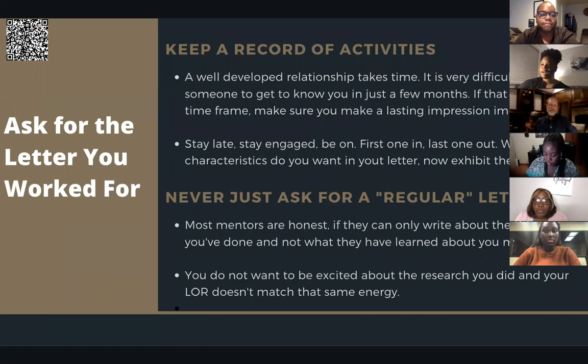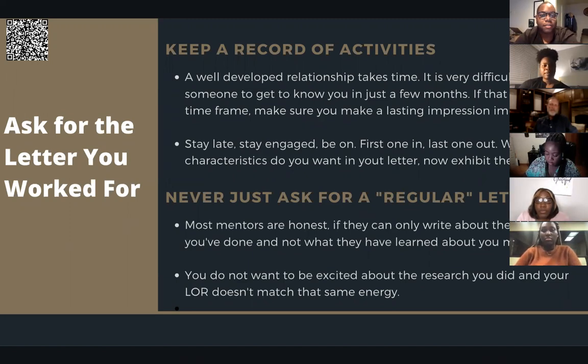Thinking about the time frame. Again, you want to make a lasting impression. Stay engaged even after you get the letter of recommendation. You never know who people know. And again, don't just ask for a regular recommendation, y'all. Use the word strong. If your mentor does not feel like they can write about your strong experience with them,